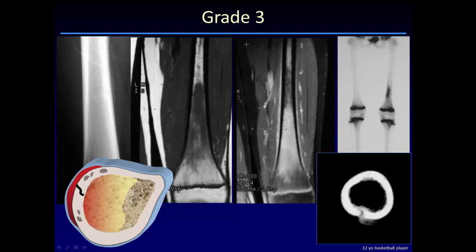It's an older case, so the resolution is not as good as we would have on our newer machines and better coils. Bone scan, intense uptake in a linear fashion, and on the CT we can actually see the fracture line that's developed. So seeing intracortical lucencies and intracortical fracture lines is really a significant problem, and that patient needs